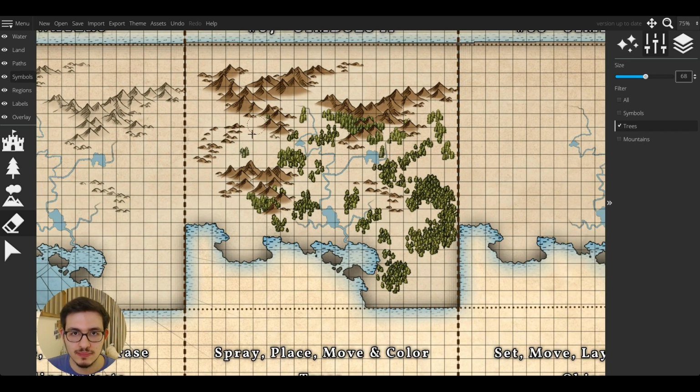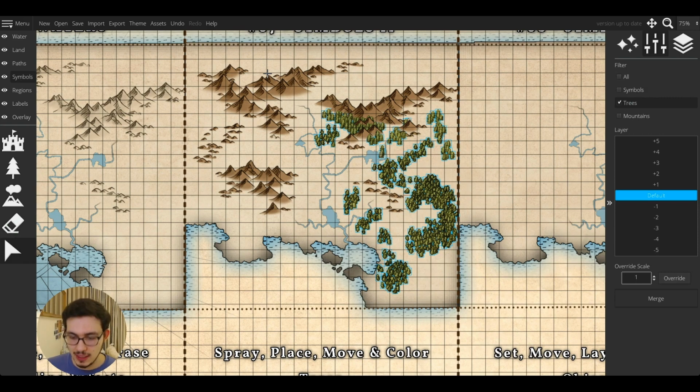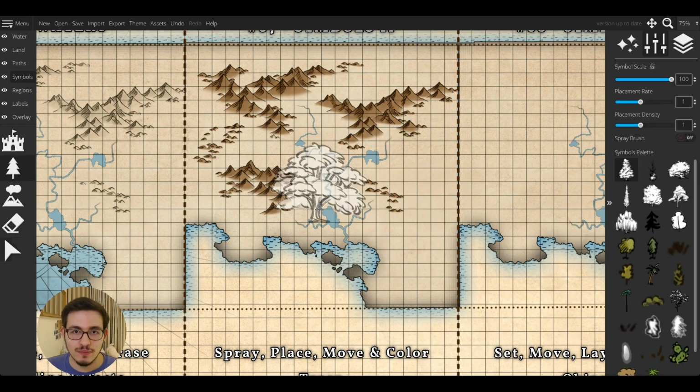So now let's delete. Another thing we can do, we can select the trees by using select tool and filtering it to only trees and then pressing delete. So we press T. Just like the mountains, we have the sample colorable trees and pre-colored trees. We can choose whichever we like. And again, just like the mountains, we have these adjustments that will change the rate and density of the brush.